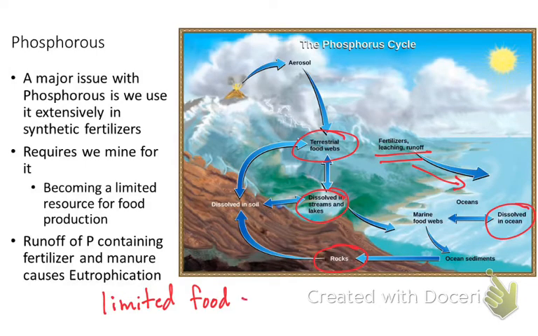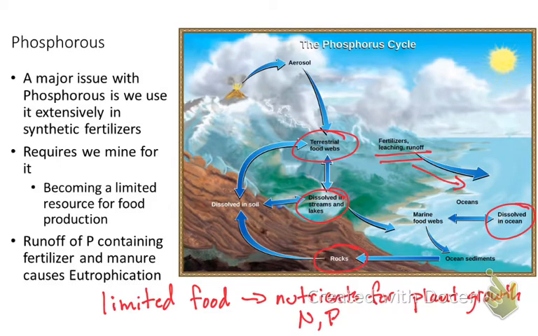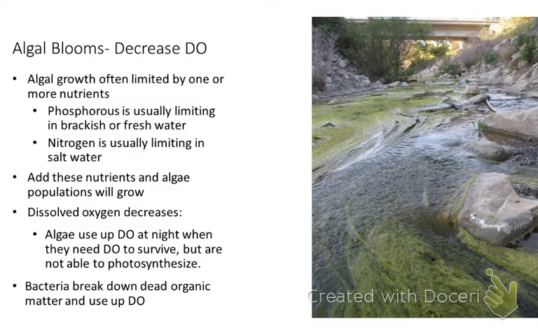In this case, that limited food could be nutrients for plant growth. And two of the key limiting nutrients you're going to keep seeing are nitrogen and phosphorus. So what happens when we add those limited nutrients to a system? Now, first of all, what I want to make clear is if you look at,